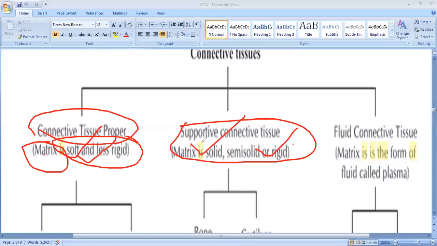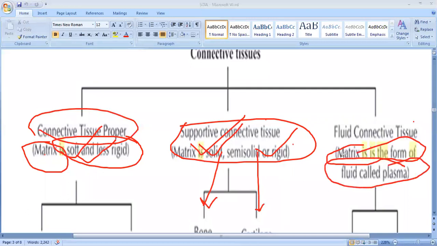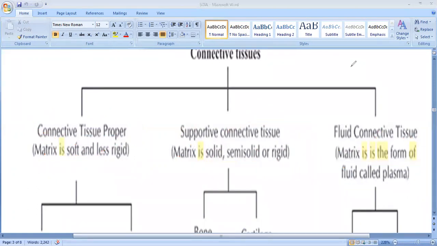In case of the supportive connective tissue, the matrix is solid in the bone. In case of the cartilage, it is semi-solid. And in fluid connective tissue, they have no matrix; in place of the matrix it is modified into the plasma. So these are the three different types of connective tissue found, and we will discuss the details